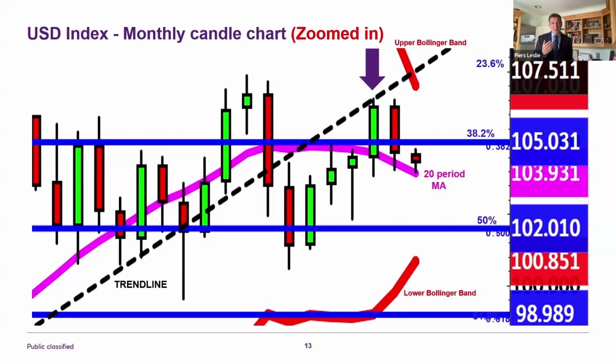Now, we know where the downside is, but what about the upside? On the upside, I think we can lower the resistance. So I would watch 105.70 this month. If you start to see the dollar index above 105.70, that shows some strength coming back to the dollar. Rallies up to 105.70 could just be two-way trading, but above 105.70 starts to suggest change maybe on the monthly chart and maybe some interest coming back into the dollar and that 20-period moving average holding. So we must always remember with charts that the world is changing and we must change with it. So that's how I see the dollar index at the moment.